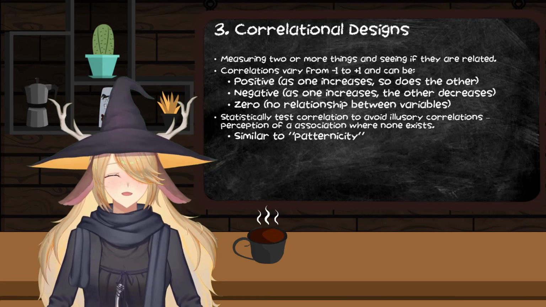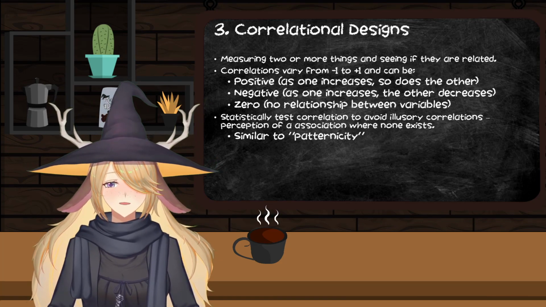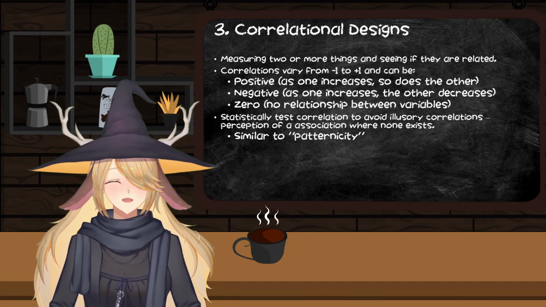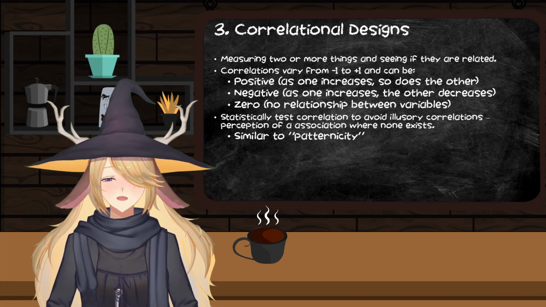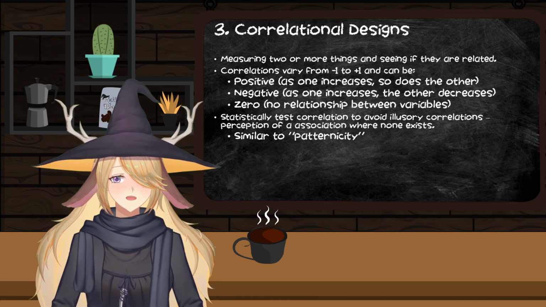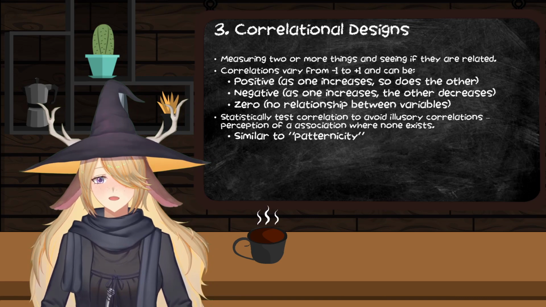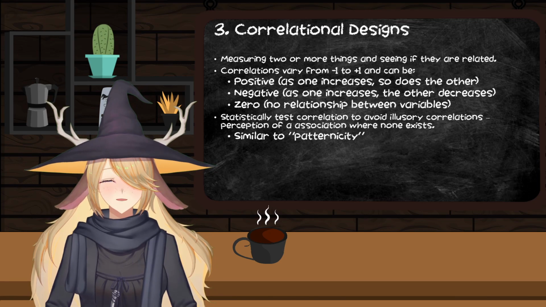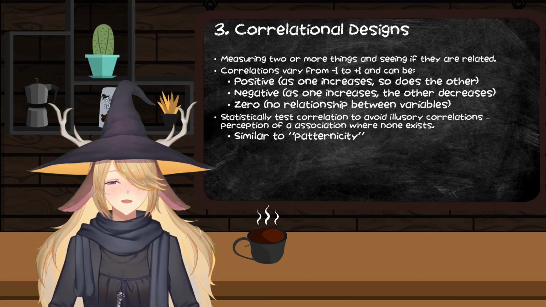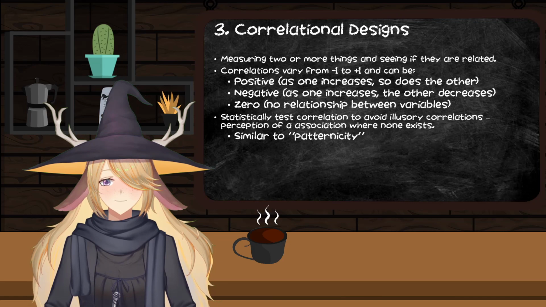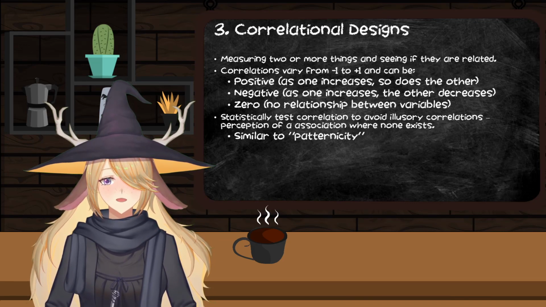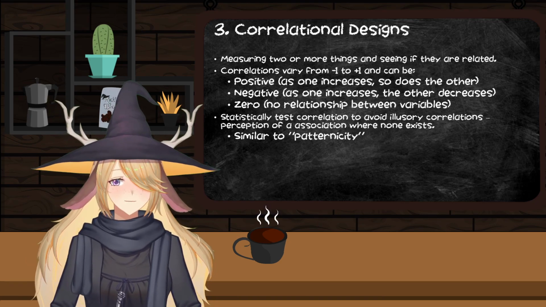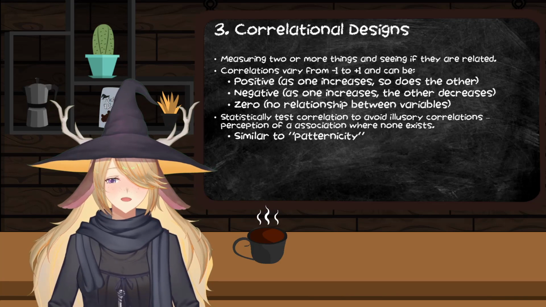So think for a second about the hot hand fallacy, right? People tend to intuitively believe that if they make one basket in basketball, they are more likely to make the next shot as well. It's called heating up. In the actual world of statistics, that does not exist, but it really feels like it should, and so that continues to exist in people's minds. This is why we do correlational designs, because doing the actual math would show that this doesn't actually exist in the real world, no matter how hard you want it to.